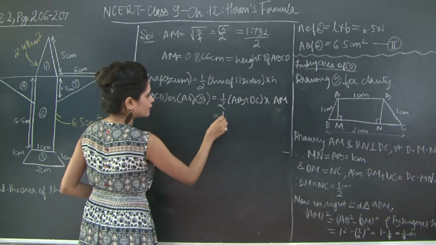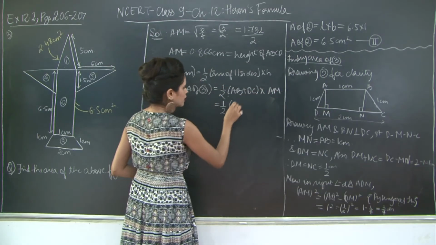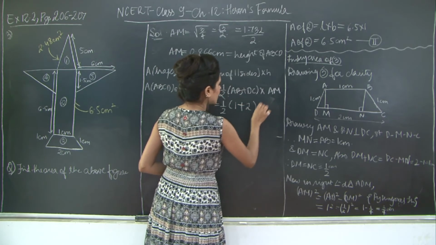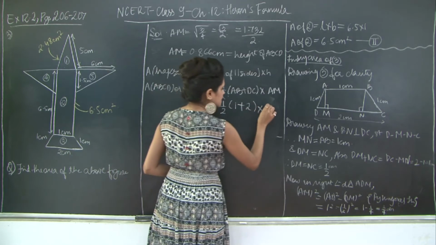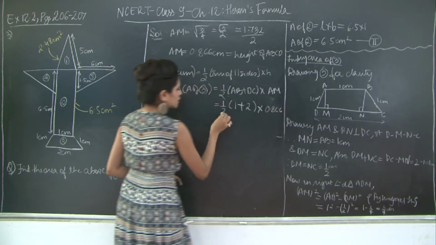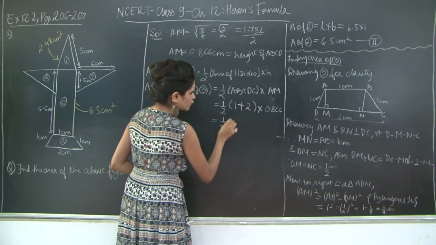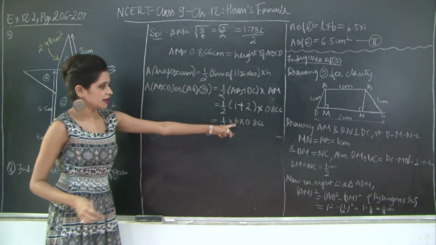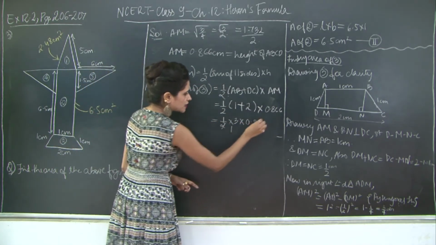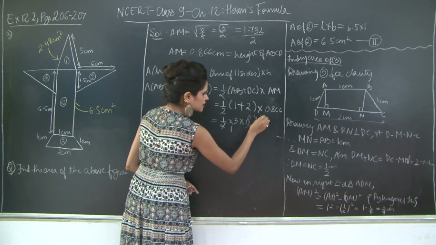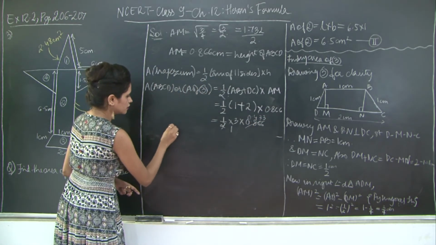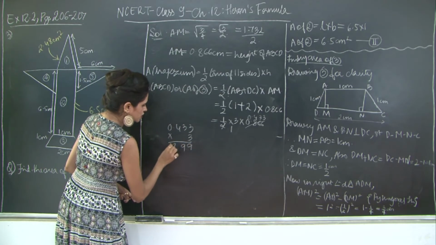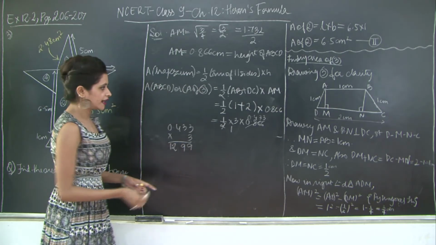So this is going to be half into AB. AB, as you can see, is 1, plus DC, this entire length, is 2, into AM, which we just found to be 0.866. So this is going to be half into 3 into 0.866. First let's multiply 0.866 by half: 2 ones are 2, 2 fours are 8, 2 threes are 6, 2 threes are 6. So 0.433 into 3. So 3 threes are 9, 3 threes are 9, 3 fours are 12. So 1.299,